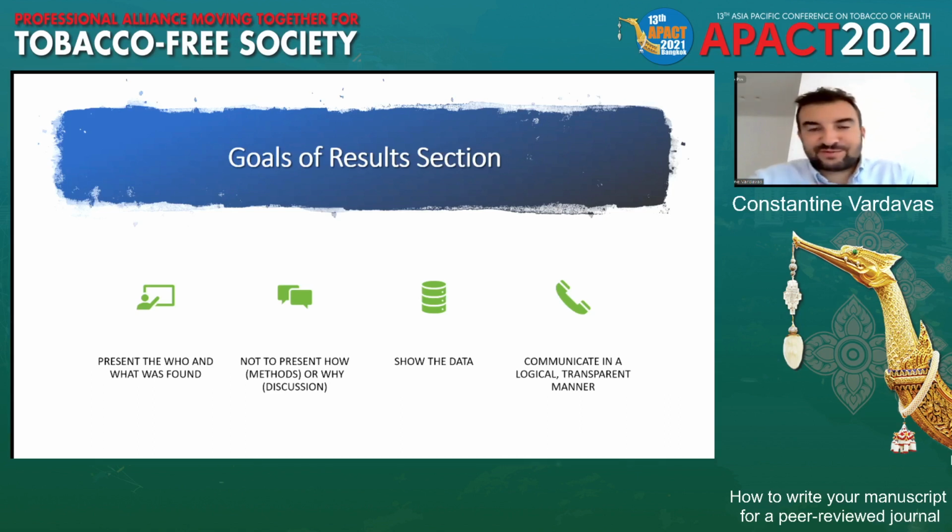That's the safest way to write the results. You don't have to go on to do any fancy wordsmithing or fancy writing. Leave the fancy writing for the discussion, where you can show your talent in writing. The results is A, B, C. So what is this A, B, C?